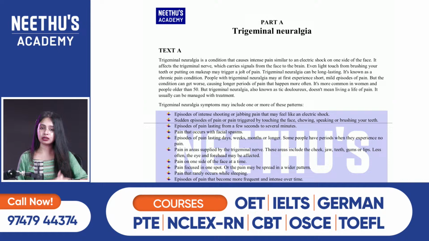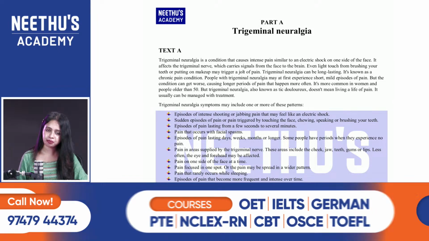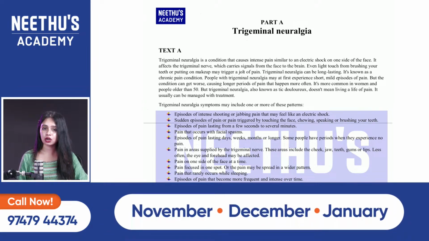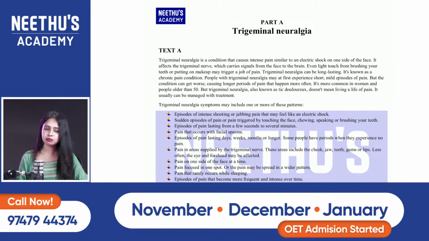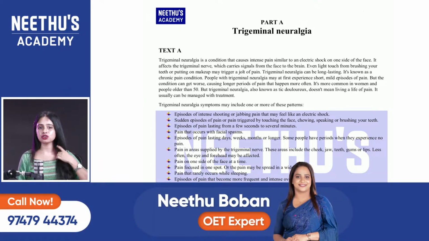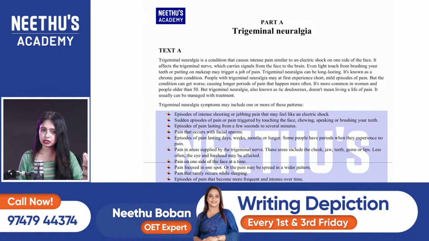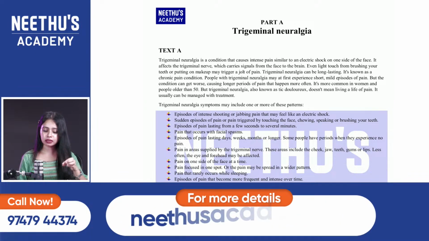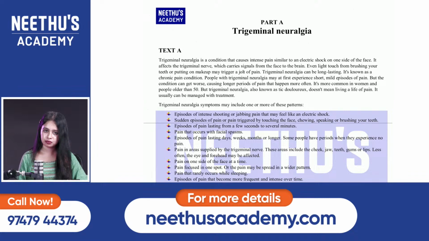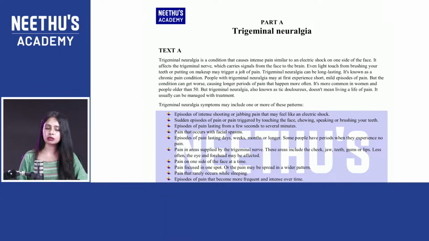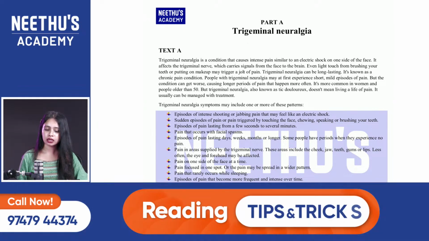We have a particular strategy for that. So what is the strategy? Every part needs a strategy or a method. That is the problem. Maybe students are on 340, writing for the second time, third time, fourth time, fifth time, but they are still at 340 or 330. So why? The method we are following is wrong. It's not our fault, it is the fault of the method we are following.